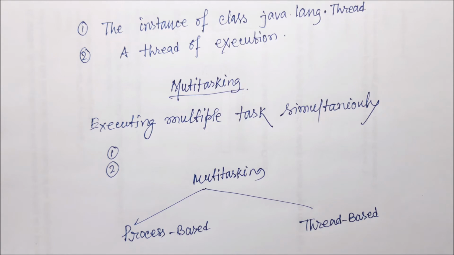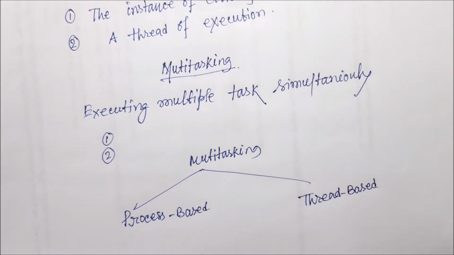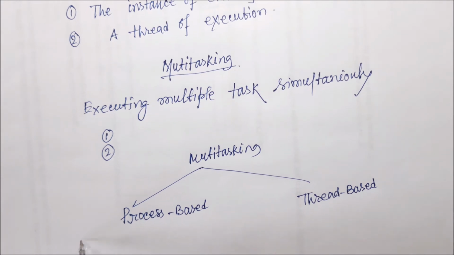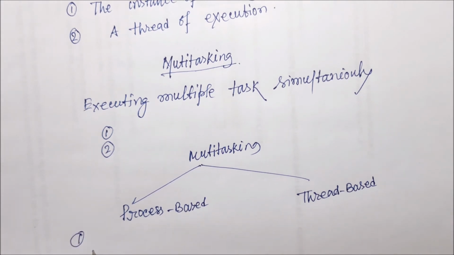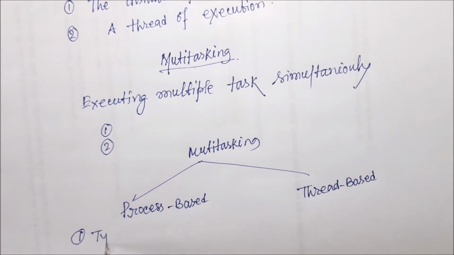So we know that multitasking means executing several tasks simultaneously. Let's take an example. Suppose a student is typing in a Java programming editor. At a time he is listening to a song. So first, he is typing in a Java programming editor,